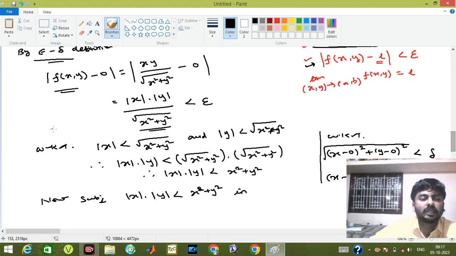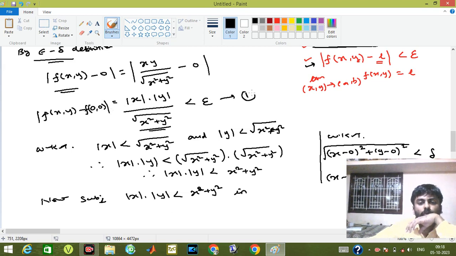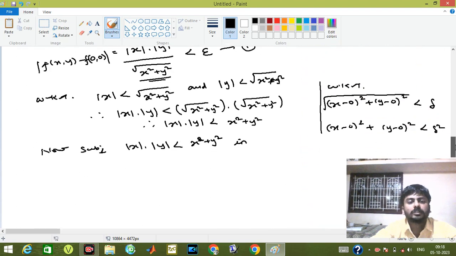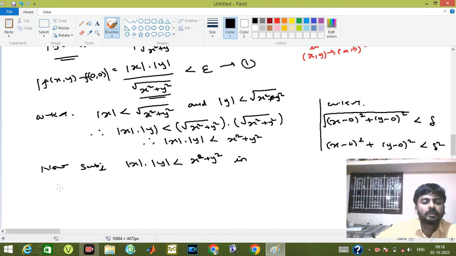In equation number, we can write this 0 comma 0, that is our f of 0 comma 0. We are trying to prove a result. Okay, that is right. So this is our equation 1. Whether we are having any equations before with a number? No, this is your equation 1. So substituting that, what you will get here, f of x comma y minus f of 0 comma 0